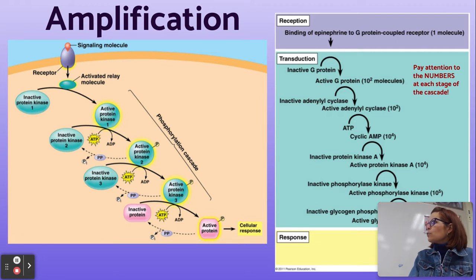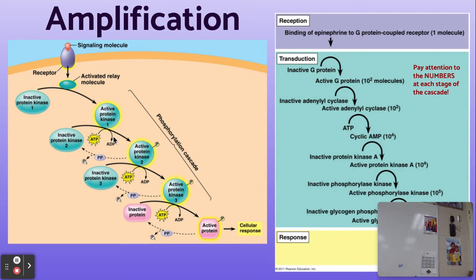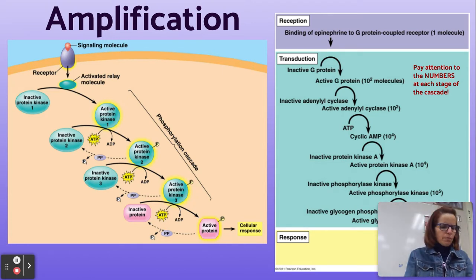This is the phosphorylation cascade, where we have a whole bunch of proteins that use up ATP. So look at the diagram. Do you see where, I'm going to point to it on the screen here, the ATP gets used up? So here the ATP gets used up, and we add a phosphate, and that changes its shape. And then again, we add a phosphate and it changes its shape. Every time you add a phosphate, that changes the shape of the molecule.